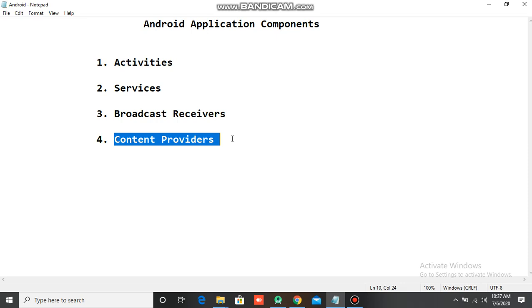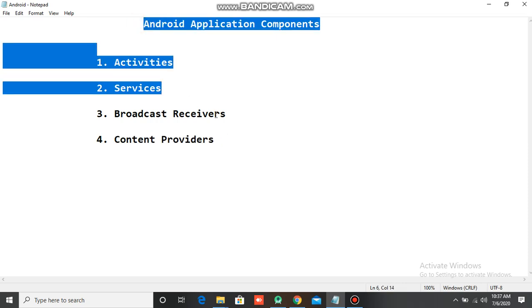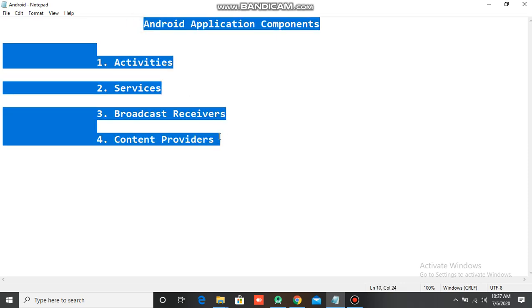So contacts is one application, and in it there is an area which stores information to provide data to other applications. So this is the basic role of content providers.